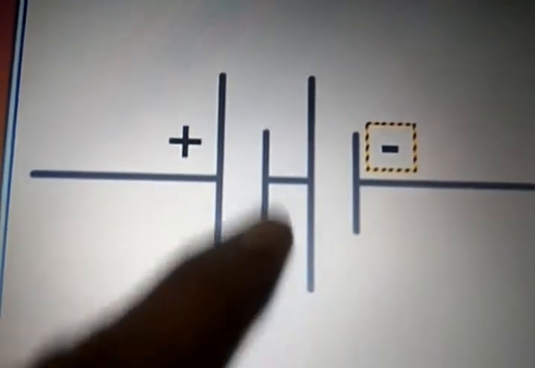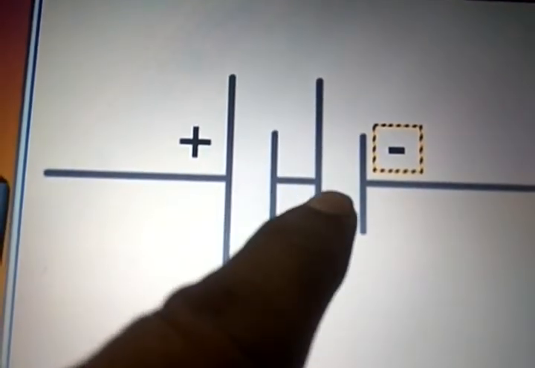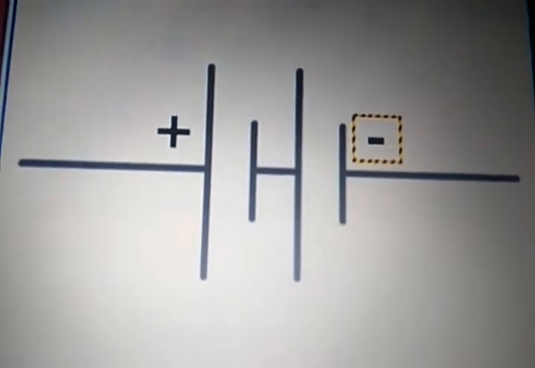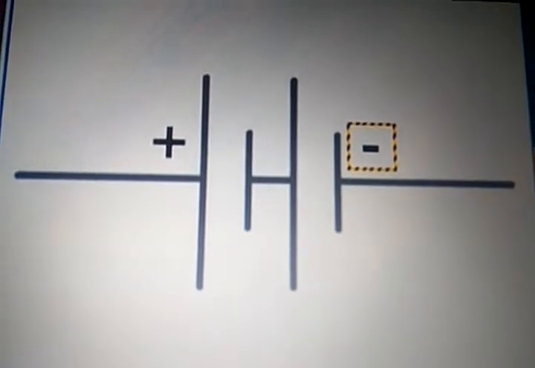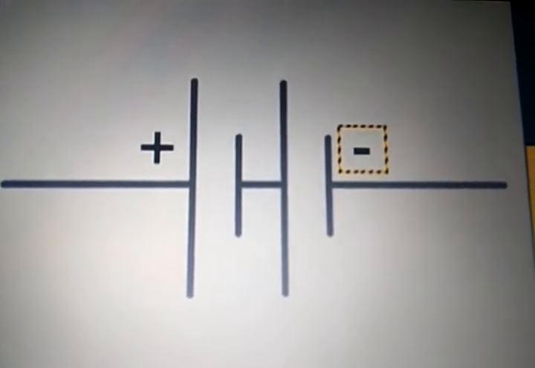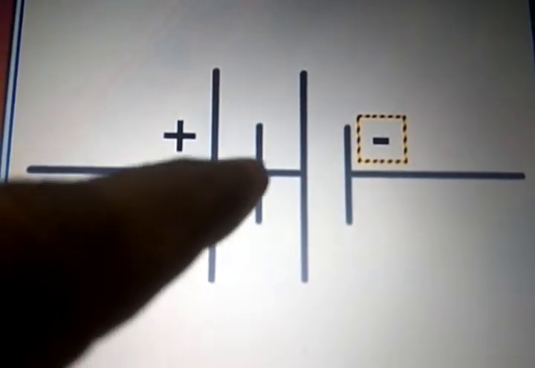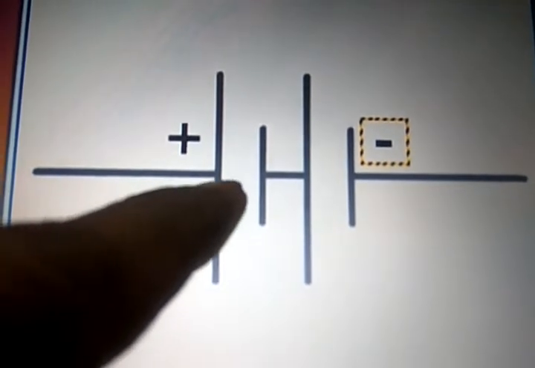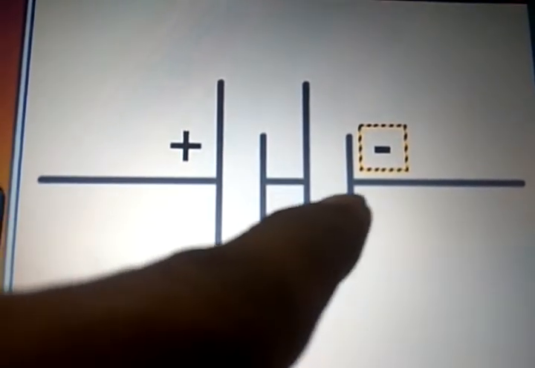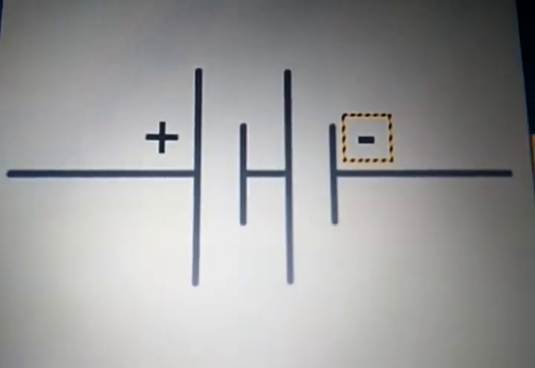Right? See, first plus then minus, after that plus, then minus, plus minus plus minus. Not two plus, not two minus connection, otherwise the battery does not work, right? Attraction must be there, means opposite charge. When you connect in opposite charge, then and then you see it is the correct polarity, plus minus symbol, plus minus, right? So this is the proper connection of battery.